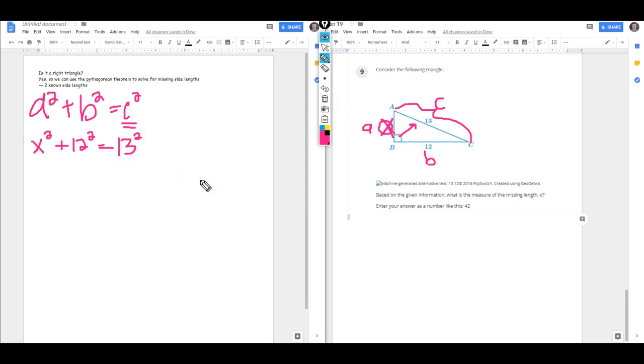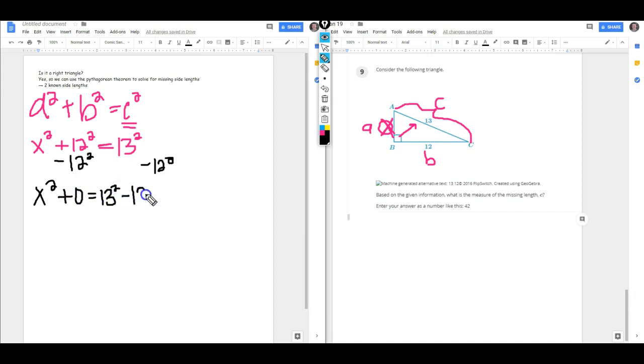Okay, now I'm going to ask myself, is this unknown X by itself on the equal sign? No, because it has plus 12 squared. So then I'm going to ask, okay, well, how do I undo an addition? And that is by subtraction. The opposite operation is subtraction. So I'm going to minus 12 squared and minus 12 squared. So then we have x squared. 12 squared minus 12 squared is 0. And that is equal to 13 squared